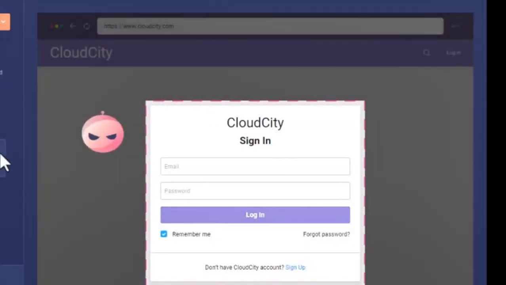For testing purposes, the Cloud City IT team has configured a single test account for Bob to access the Cloud City application. Bob begins his assessment by logging on to the Cloud City website with the following test credentials. As Bob, I would go ahead and log into Cloud City using the username and password.